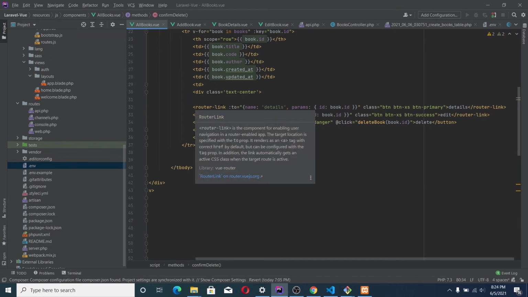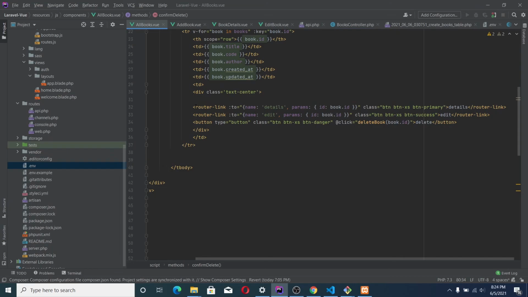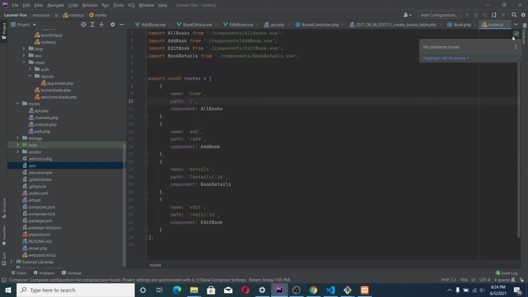Okay, so if you want a single page application effect, all your routes should be converted to Vue Router, and this one says it's taking you to details. Remember, those details are defined in our file called routes.js here. Alright, so this is the details here. This is add here. This is the name of the route. Home, name of the route. Edit, name of the route.